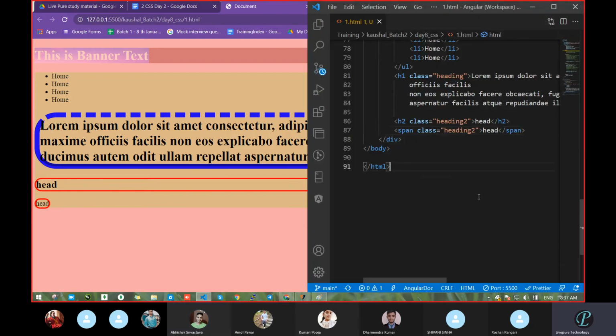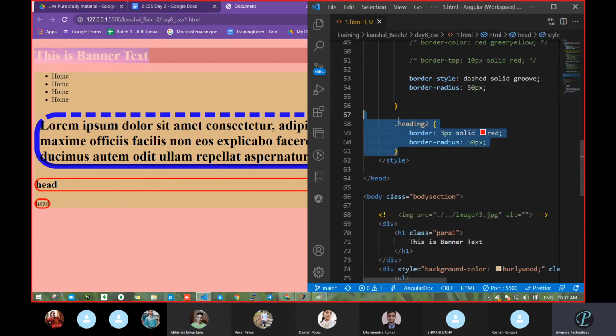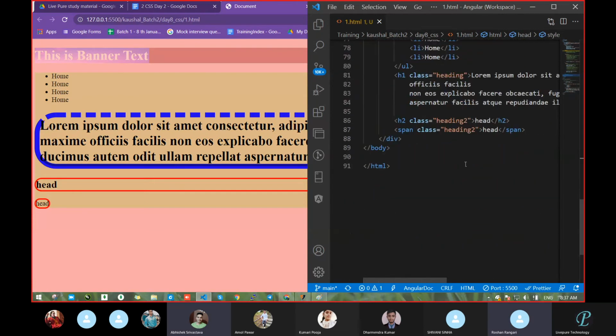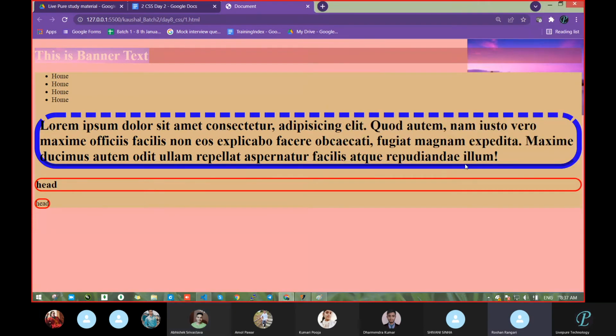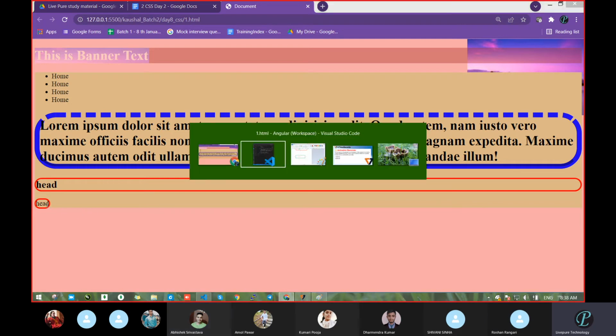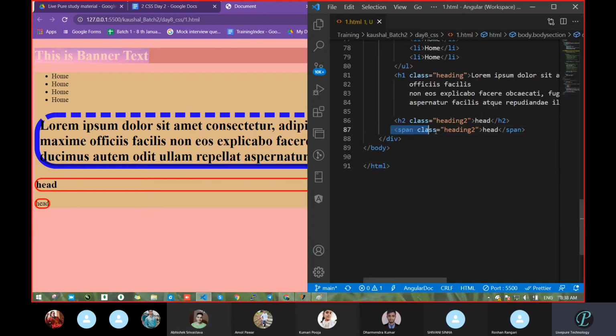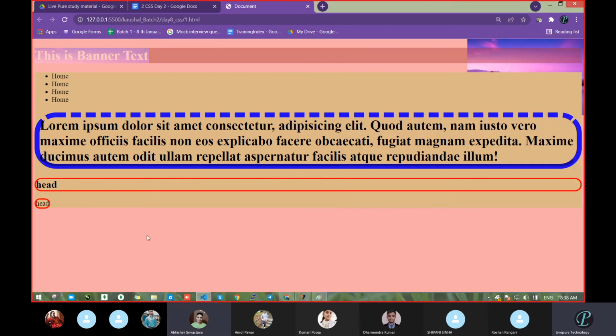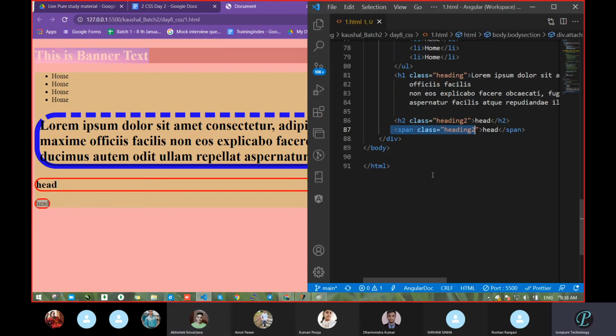Style and class both have the same thing. Sir, span tag is only for particular text, suppose I want to color this particular text, then we will use a span. Yes, but I am asking: when we pass code with span, it gives a boundary, but not in the full section like a head section has. Why is the head taken this way and the span area taken that way?